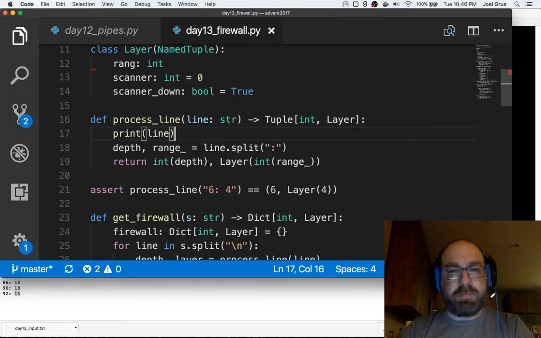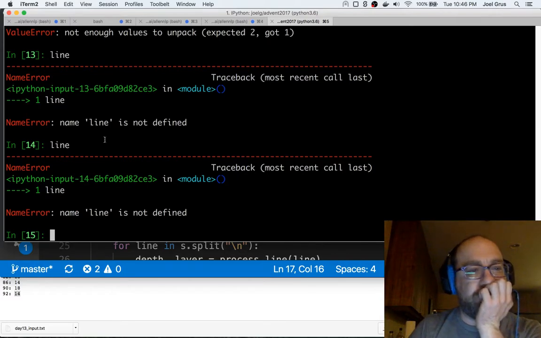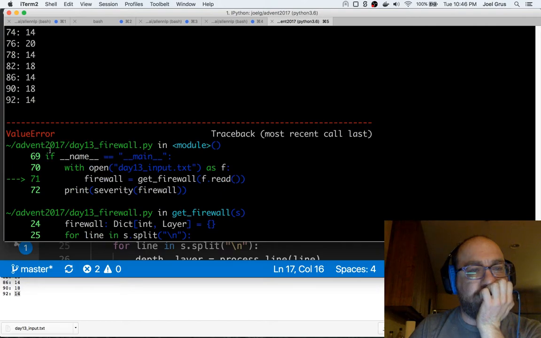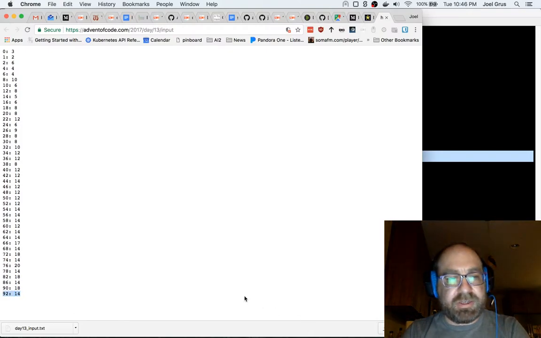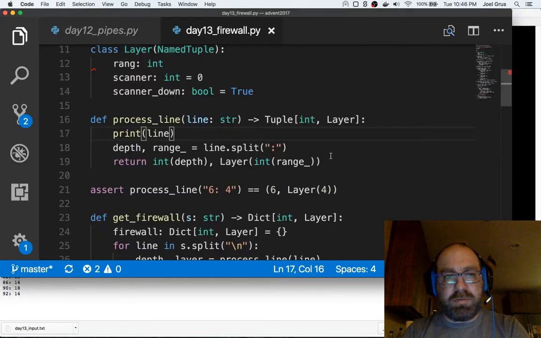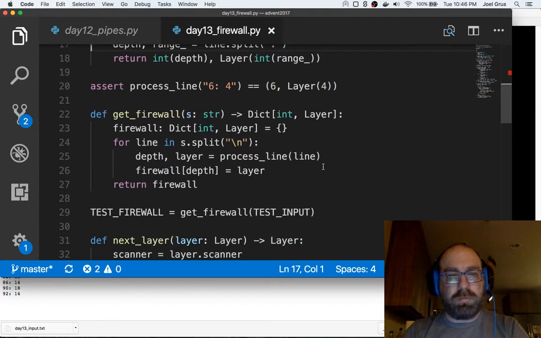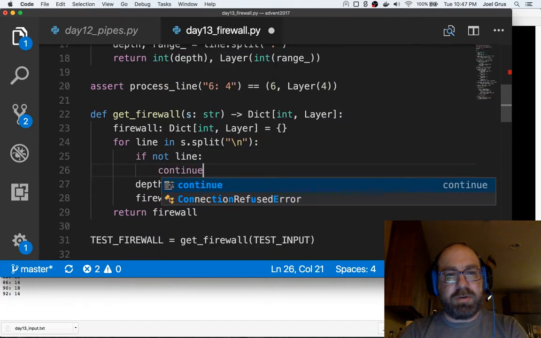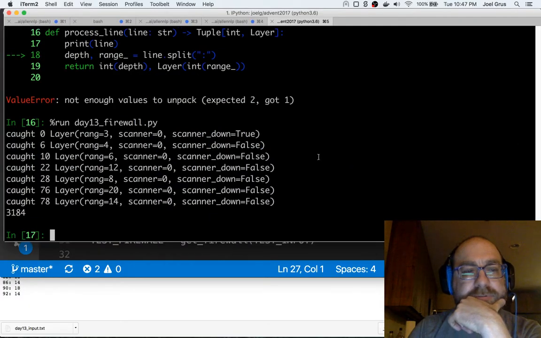Print line. Is there just a blank line at the end? Is that the problem? If not line, continue. See if that makes a difference. Okay, so